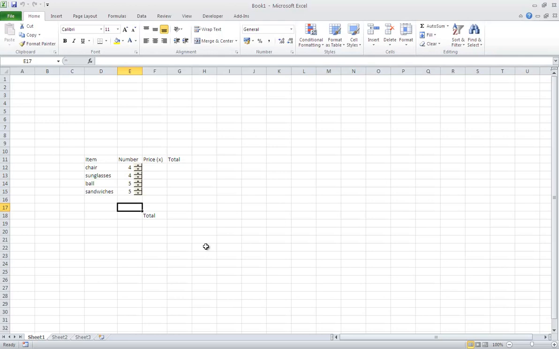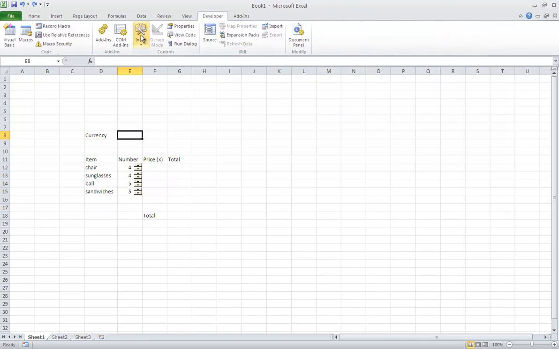Next thing to do is to create a control for the choice of currency. I will write up here currency. To insert the control here I go to developer again, choose insert, and this time I choose this control, combo box. I click on it and I just draw it here. It looks like this. I right click to format the control,